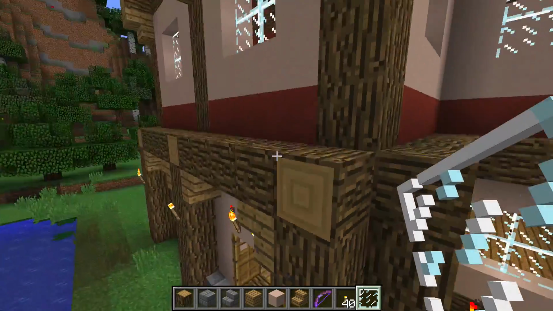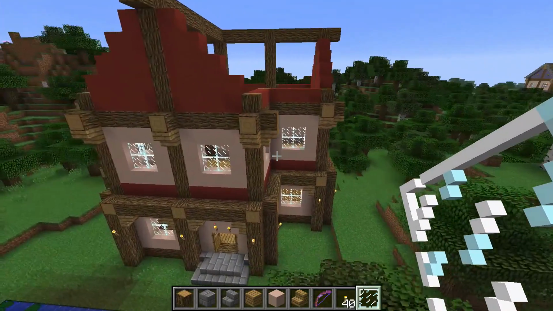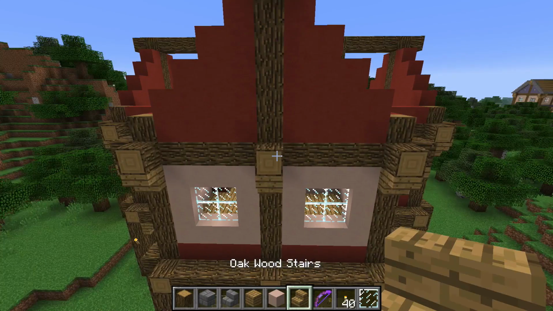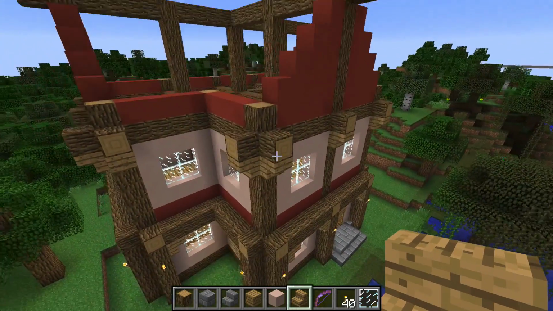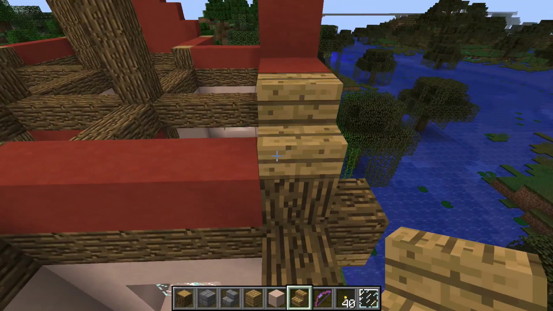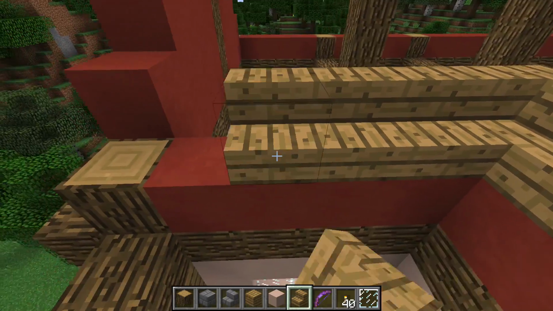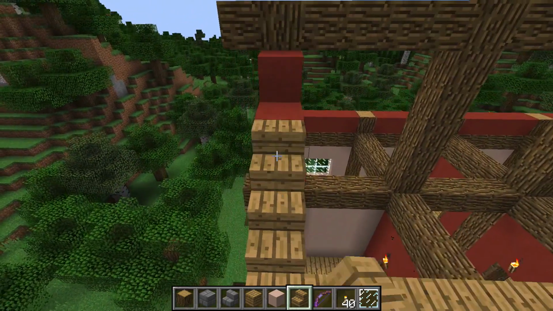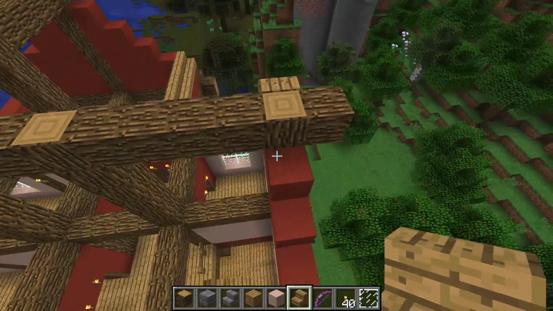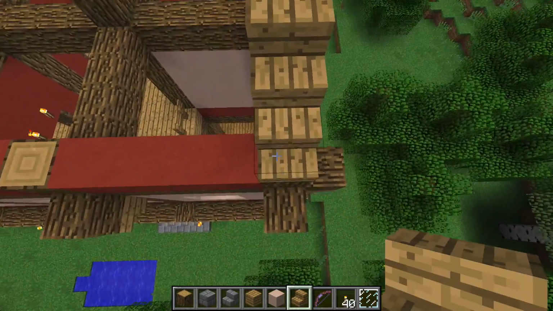That's that. So now the house is starting to take shape quite nicely, looking a little more homely. So we need to have a look at getting a roof on top. I'm going to start with the oak wood stairs, and then just from the top of that last vertical, I'm just going to put some wooden stairs on, and these are going to form the angled sections of the roof, and we'll go up the edges and back down the other side, and